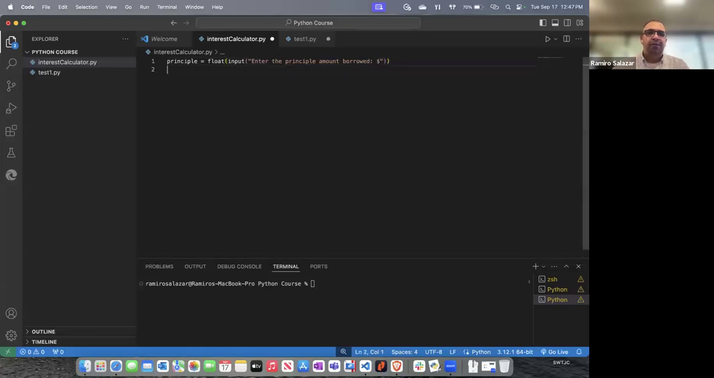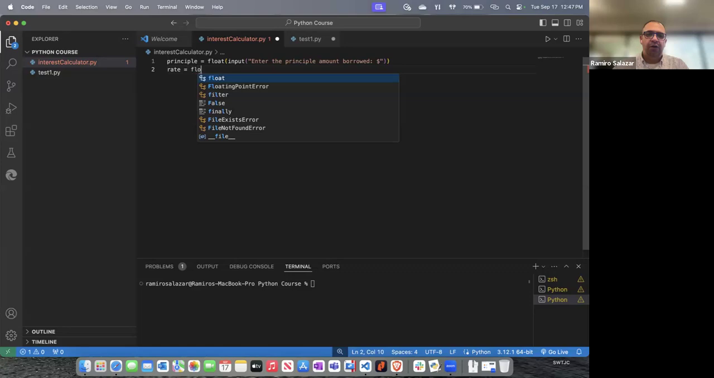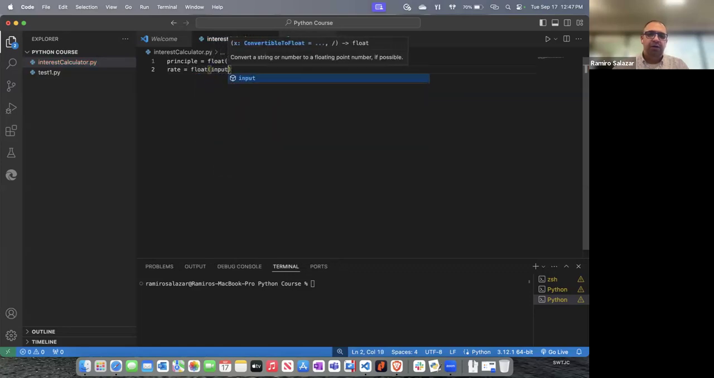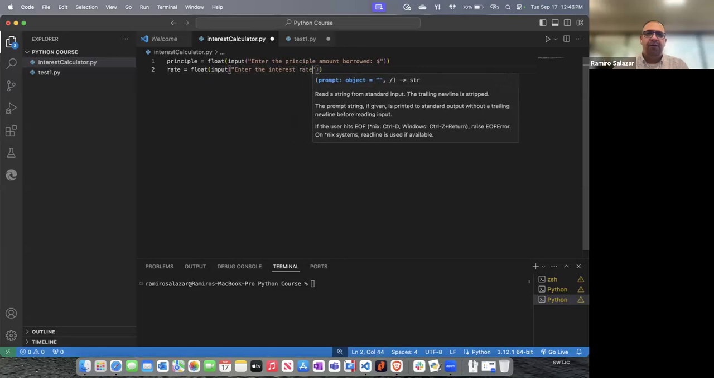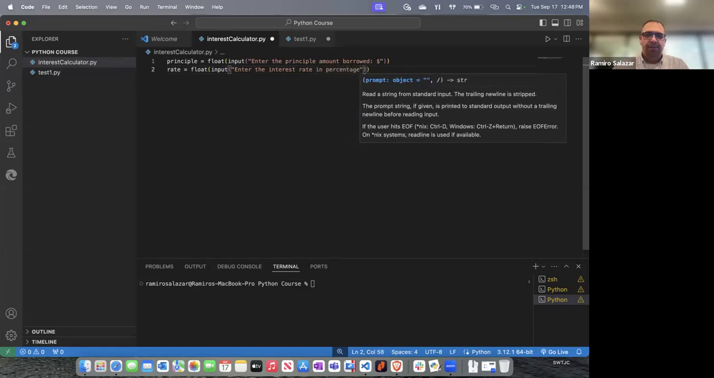Okay. On the next step, I'm going to get the user to enter the interest rate. So I'm going to create a variable called rate, and I'm going to equal it to a float input. And I'm going to ask the user to enter the interest rate. So enter the interest rate. All right. And I'll go ahead and put here in percentage. Okay. Actually, I believe this would still work even if it wasn't a percentage. But in case I need to convert it to a percentage, I can tell the user, well, no, I'm